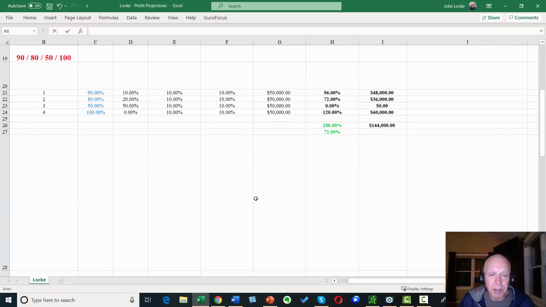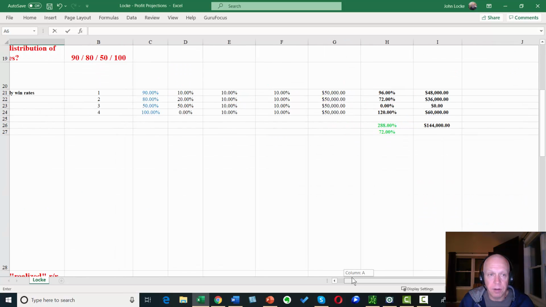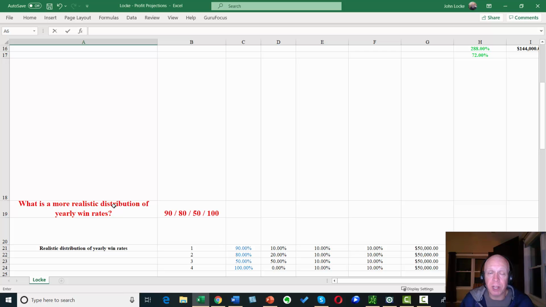Now, the reality is that we have an 80% win rate on a strategy. We're not really going to get an 80% win rate every single year. An 80% win rate on any strategy, when we talk about income strategies, is going to be an average over a very long period of time. Hopefully it's been tested over a very long period of time. So we're going to have an average win rate of 80%. What that means is 1 year you might win 100% of the time.